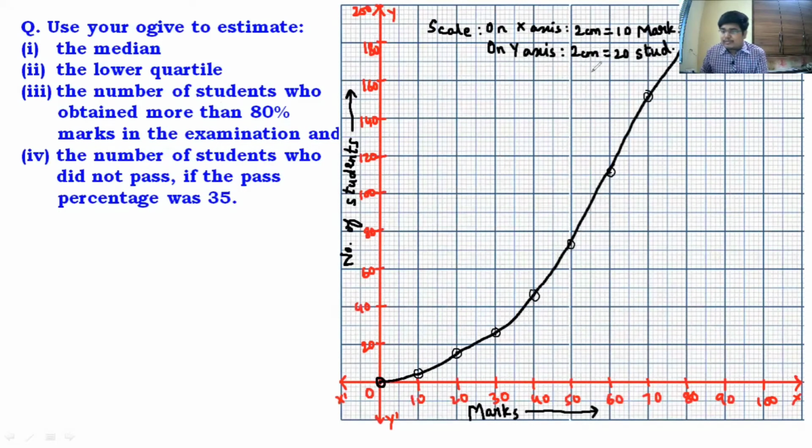So first we have to find the median. All right. We have to find the median first. So let us understand how to find a median using ogive. We'll have to write a bit for that as well. So first of all, median, the formula for median, see here the total number of observations is 200. So median is n by 2th term. So n by 2th term will be 200 upon 2. So it will be 100th term.